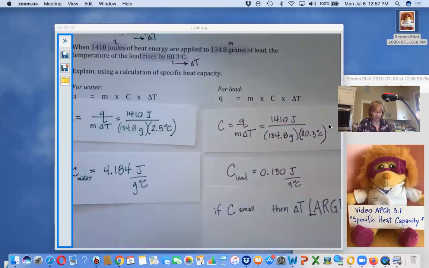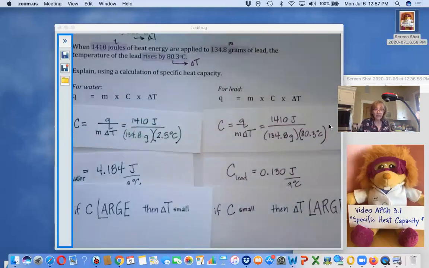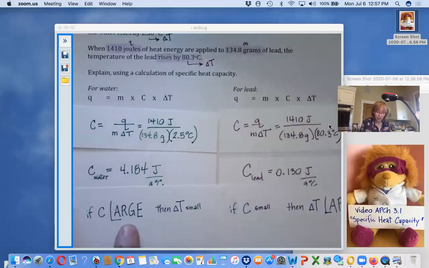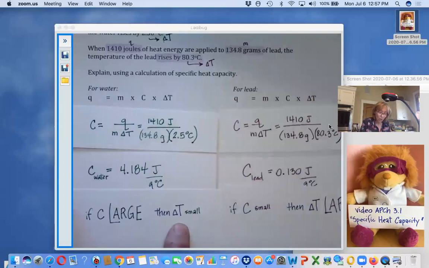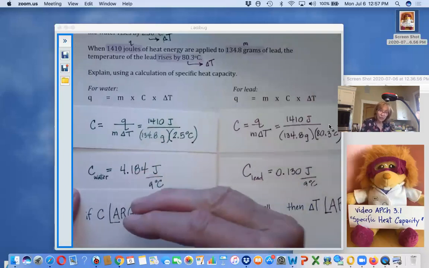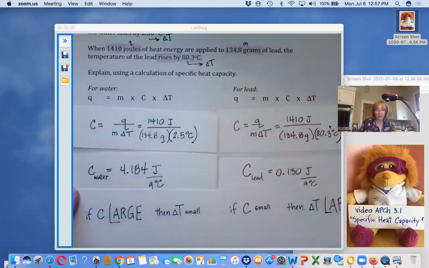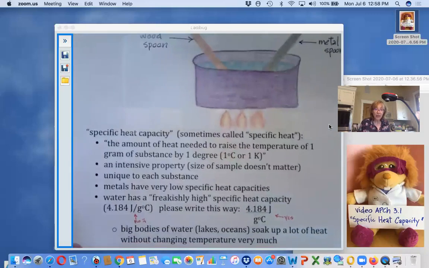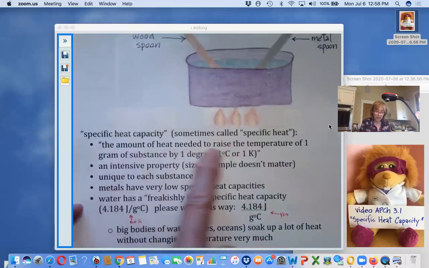However, if you have a substance whose specific heat capacity is large, then the temperature change should be small. Water has to soak up all of these joules before its temperature can go up by a degree. And then it has to soak up another 4.184 joules for the temperature to go up just one more degree. All right, so to go back and recap, specific heat capacity, know the definition,